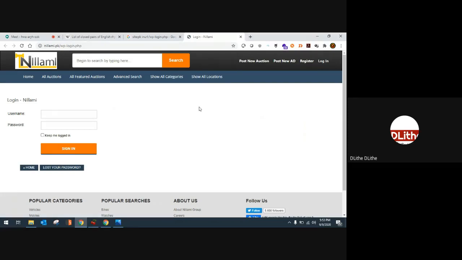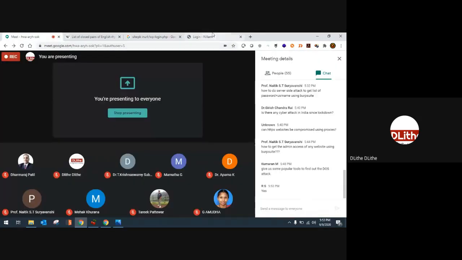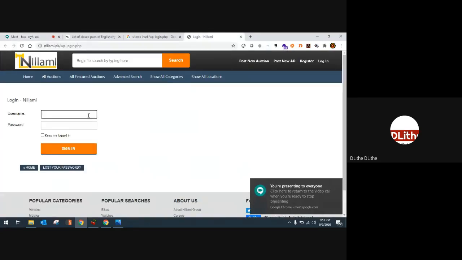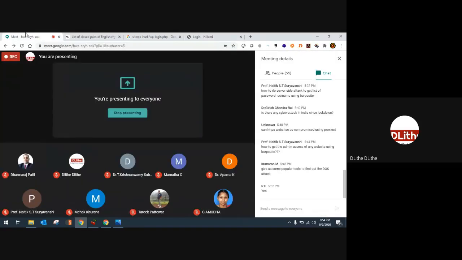So if your target website is built using a content management system, each CMS will have a login page through which the administrator logs in. You can perform password cracking over here, and if you're able to crack the password, that will take you directly to the administrative console of that particular website.